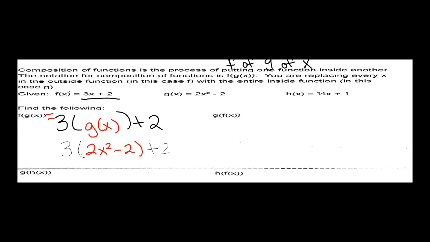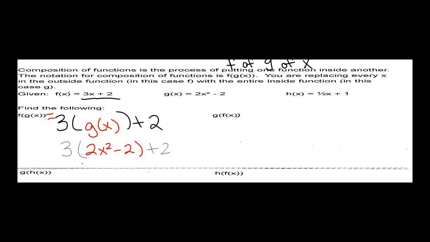Wherever there is an x in f, we will be putting g in its place, leaving a space where x is supposed to be, and I will replace x with what g of x is. So g of x is going in the space where x is. G of x is 2x squared minus 2. Now I just do simple algebraic techniques, simplifying, following the order of operations to find out what f of g